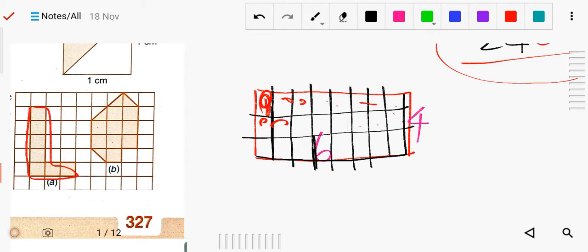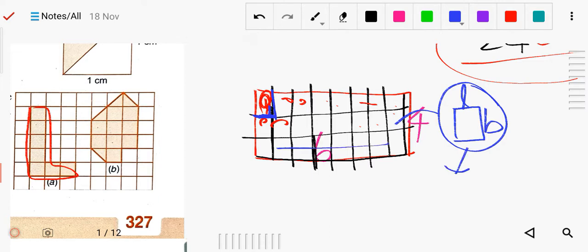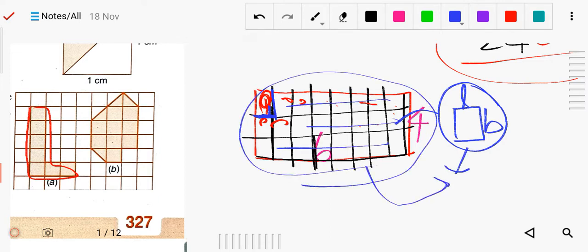And you also have to see the value of one grid, meaning its length and breadth. Suppose this is the small grid. What is its L and what is its B? Whatever you have taken, first you will know the value of this unit grid, then you can multiply by how many grids there are, and that will be the area of this particular figure. Likewise you can do it.